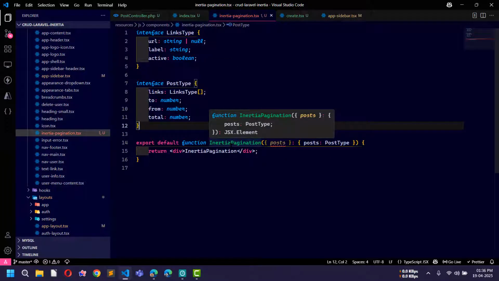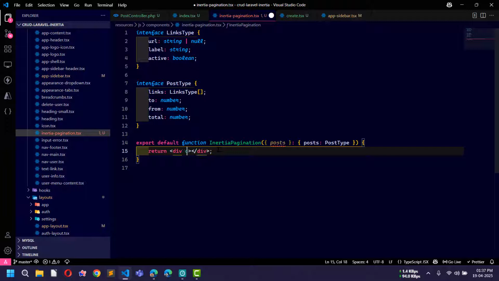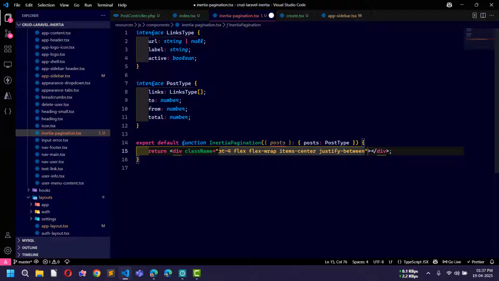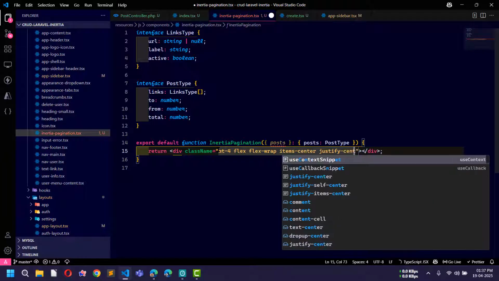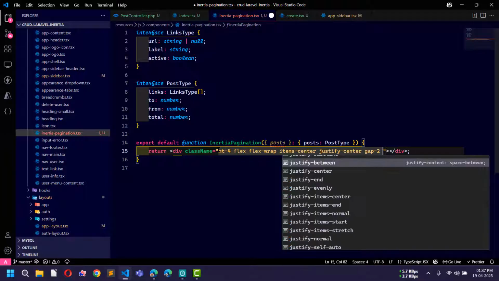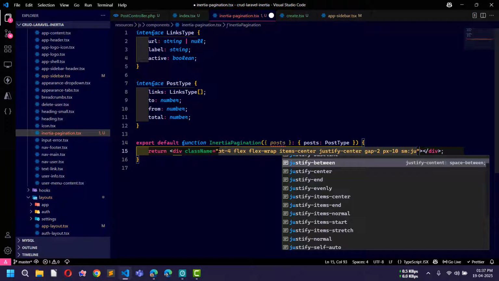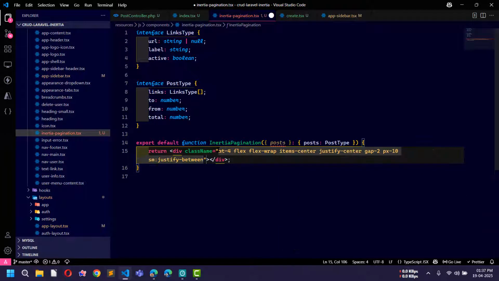Now here what we will do is remove this one, and here I will give some Tailwind classes: margin top 4, flex wrap, items center, justify between, actually justify center, gap 2, padding left and right 10. Okay, now here first I will display